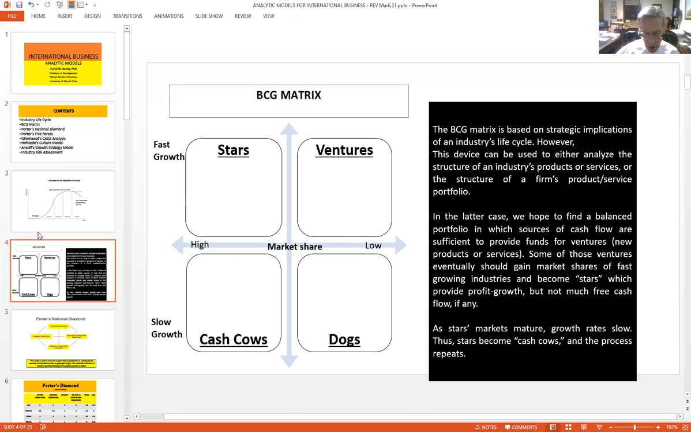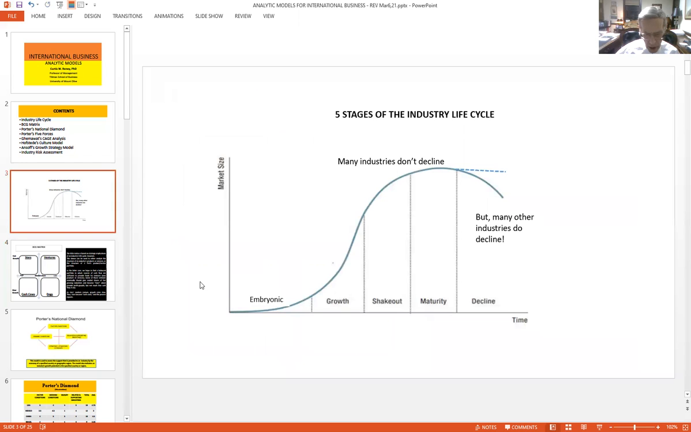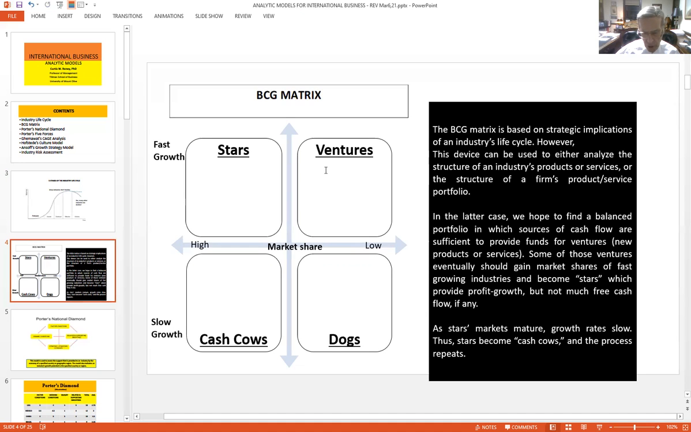Okay, so now we're able to talk about the BCG matrix again. As the industry life cycle just gets started in the embryonic and early growth stages, we have ventures, right? Nobody really has a large share of the market yet because there isn't much of a market, and the risk is pretty high. But if you're successful,